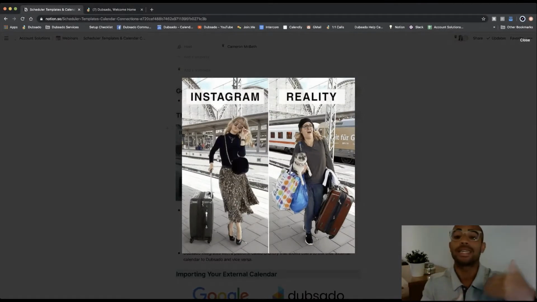And usually, on the left-hand side, it's always a well done picture, well put together. Whoever's in that picture is well groomed. The outfits are always on point. And then the reality of it is 99% of the time when you're walking around, it looks more like the picture on the right. And so I wanted to start off this webinar to kind of explain to you how